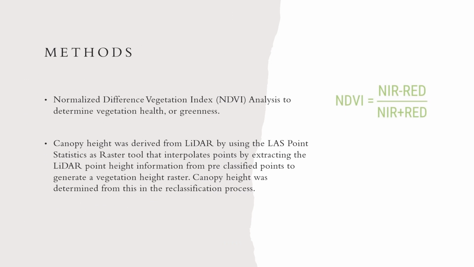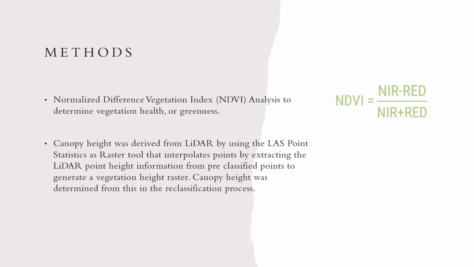As I mentioned, for this analysis, I'll be using NDVI, which stands for Normalized Difference Vegetation Index, and that is analysis that will be performed on that multispectral NAIP imagery I mentioned. And that is going to determine the vegetation health or greenness. And how it does that is using the various spectral bands from the multispectral imagery, specifically the near-infrared bands and the red bands. That is going to be the reflectance from near-infrared and the absorption of the red using the formula on the right there. And that's going to give me a range from -1 to 1 in values, -1 meaning no vegetation and 1